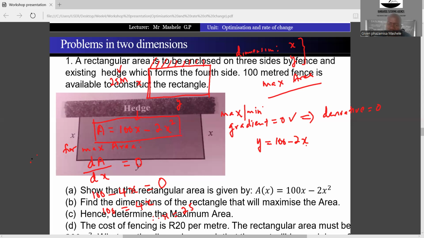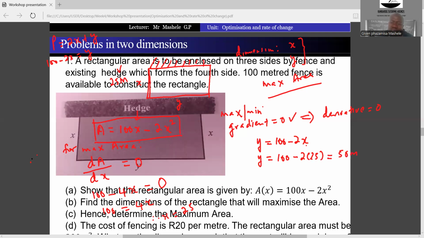So y equals 100 minus 2 times 25. How do you get this? Remember, we got it from p equals 2x plus y. The p is 100. If we transpose it this side, then this is our y. So that will be 100 minus 2 into 25, which gives us a dimension of 50